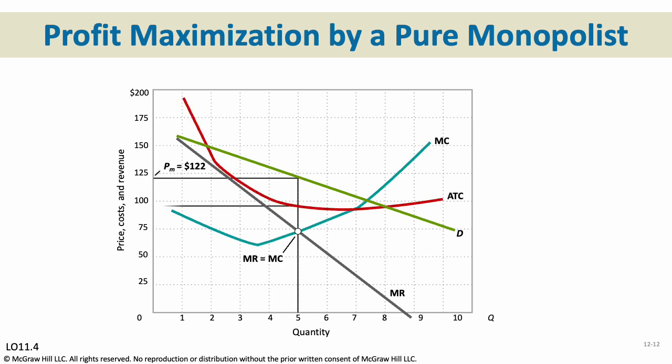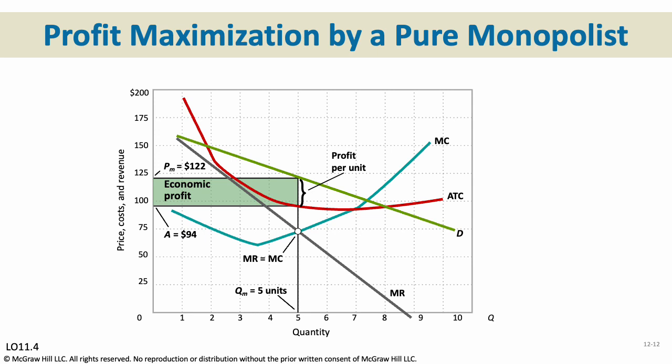So this graph demonstrates profit maximization by a pure monopolist. A pure monopolist maximizes profits by producing at the marginal revenue equals marginal cost output. So in this case, quantity M is equal to 5 units. Then, as seen from the demand curve, it'll charge price M equal to 122. Average total cost will be 94, meaning that your per unit profit is going to be price M minus average cost,